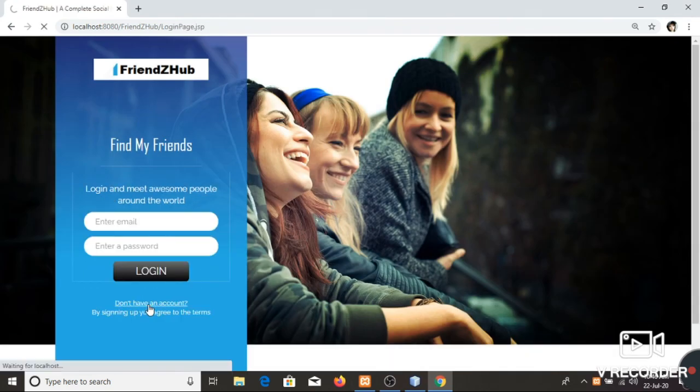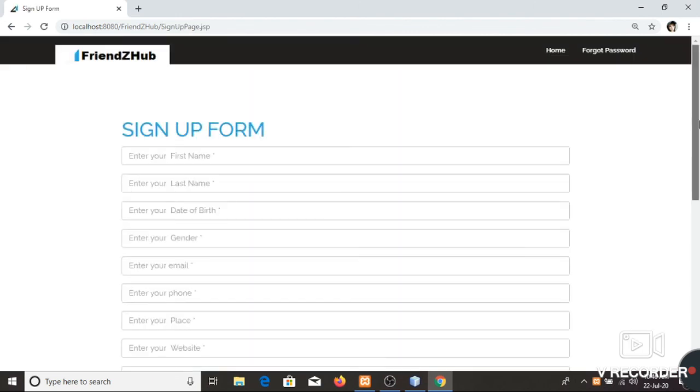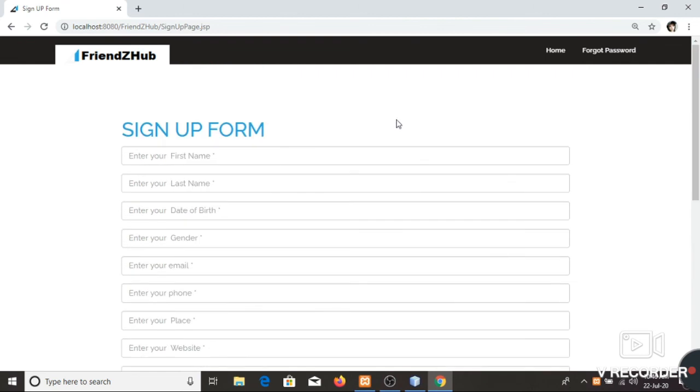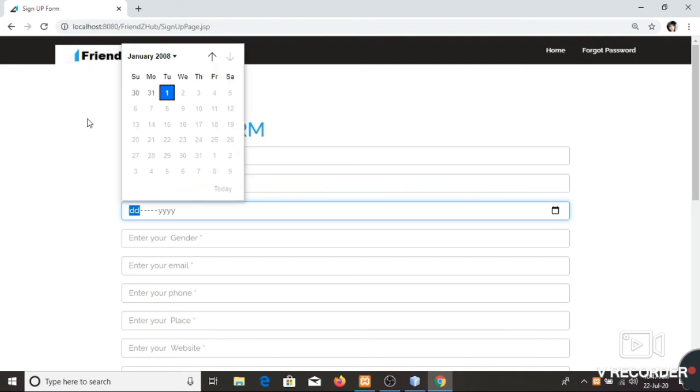Now I'm going to depict how I registered this account as a Friends Hub user. For that, I enter some basic details. In the registration phase, the system will check whether the user is valid or not by checking his email.